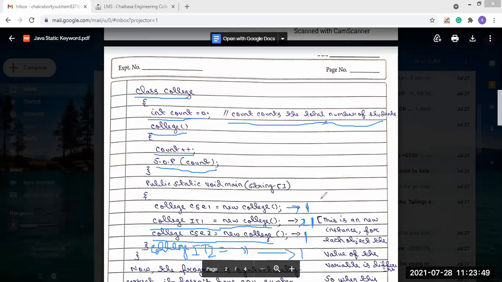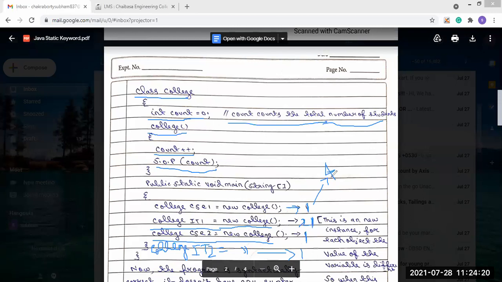But we said that whenever a new object is created, a new student gets enrolled. So we are getting the value as 1 here, but originally the value should become 4, because 4 students get enrolled, since different objects are created. Different objects mean new students get enrolled.